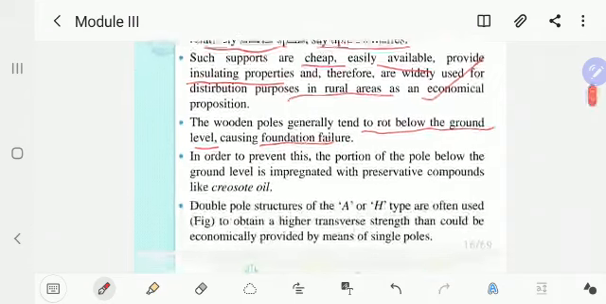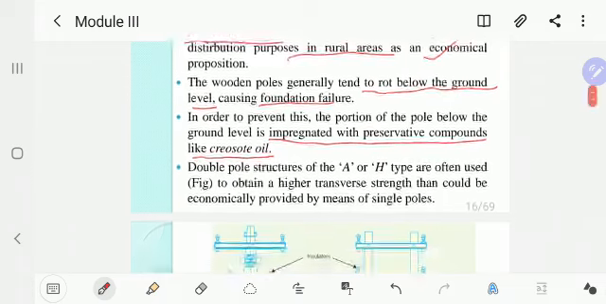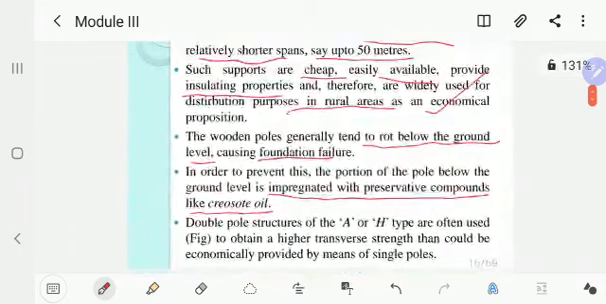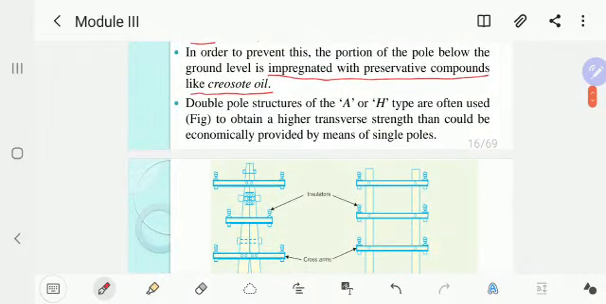And due to this reason, for the portion under the ground, the wood is impregnated with preservative components like creosote oil. So, this is the disadvantage. For removing the problem of rotting below the ground, it is impregnated with preservative components like creosote oil. Next, in the wooden pole itself, there are two types of structures called A